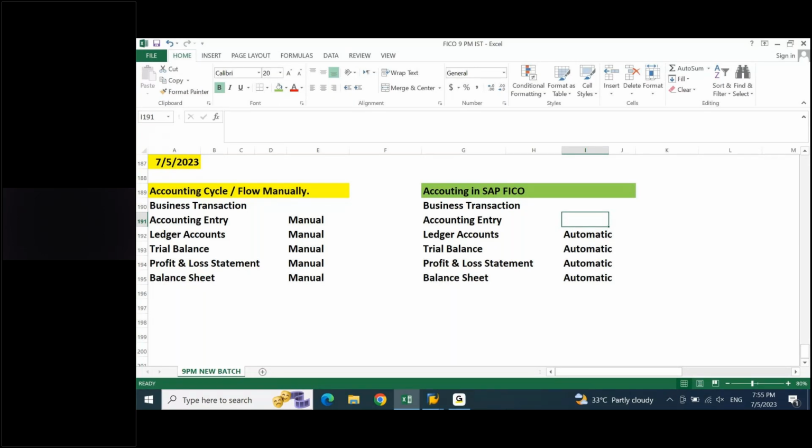Let's say I am depositing money in the bank, or I am spending money for something. Can I record that entry using today's money with tomorrow's date? No, sir. Now I am selling something to a customer, but I am giving the customer a backdated invoice. Can I do that?